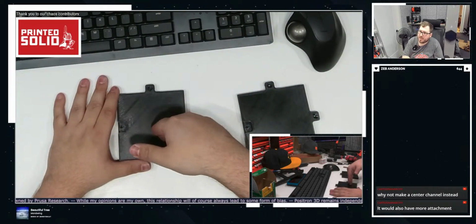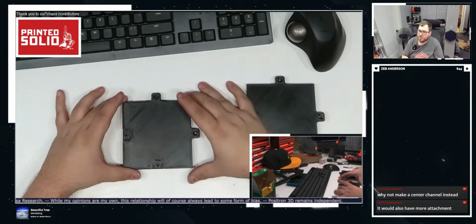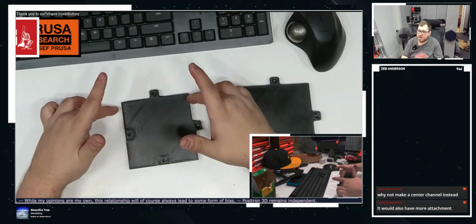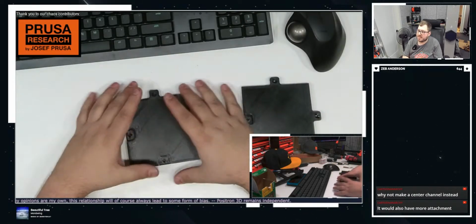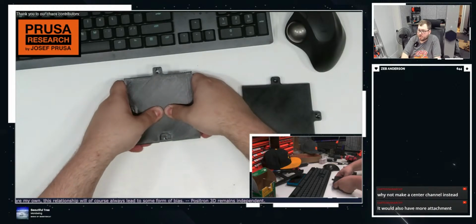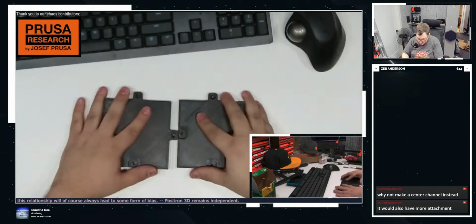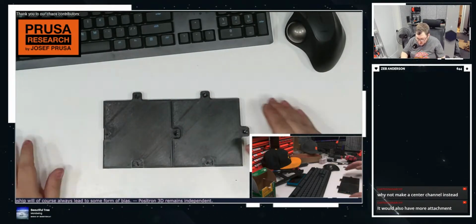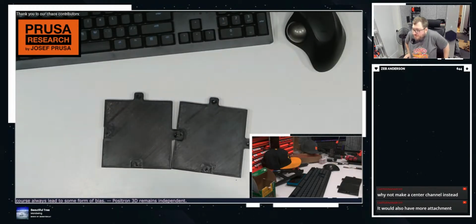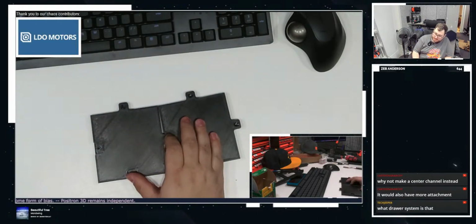You don't want that for a drawer. You want to print it like this so that your structure is in the corners, in the edges. So this is strong. I'm going to redesign this. I don't like this. I really don't like this.